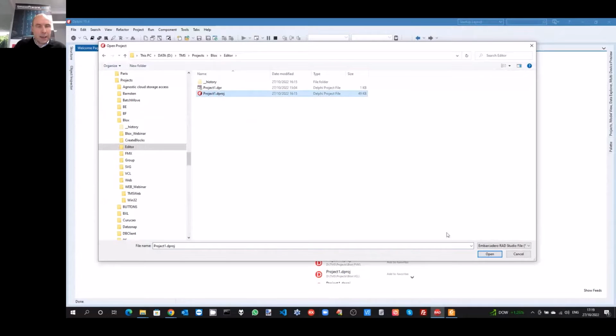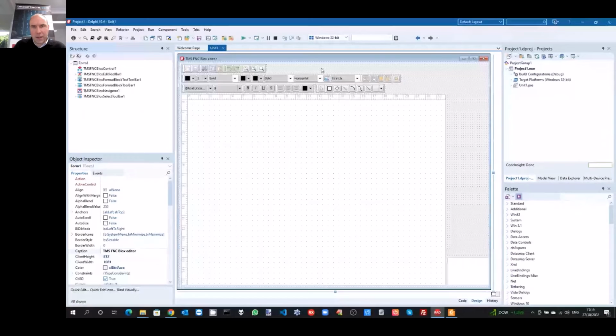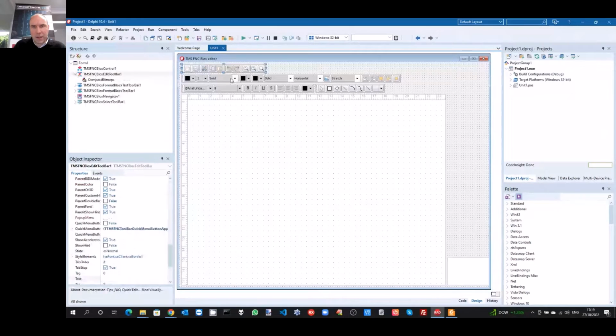involve the toolbars. The toolbars that are available when you also have FNC UiPack installed. And so this takes advantage of the toolbar and all the different toolbar picker controls that are available when you have FNC UiPack. So here you see the edit toolbar, the block format toolbar, then the text format toolbar, and then also the select toolbar from where you can select various types of blocks to insert these in the blocks control.